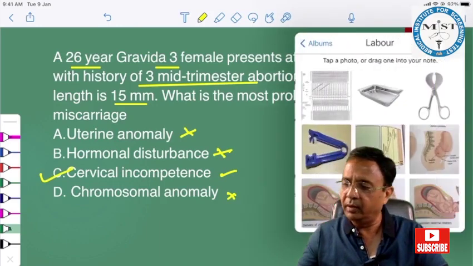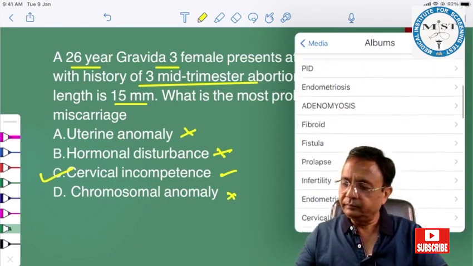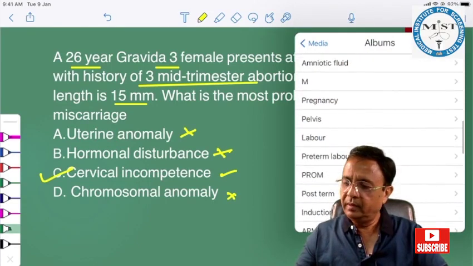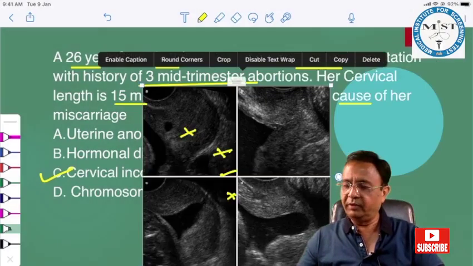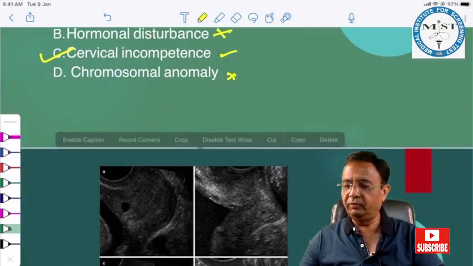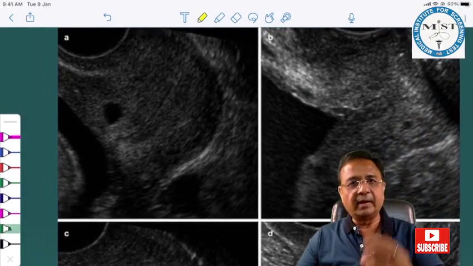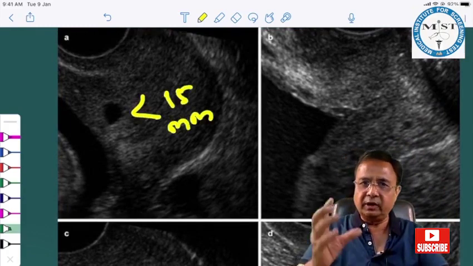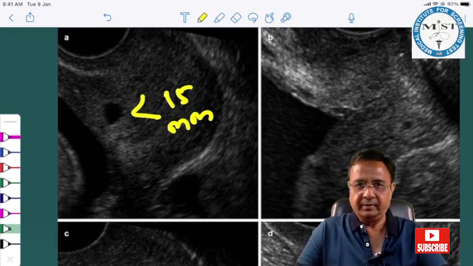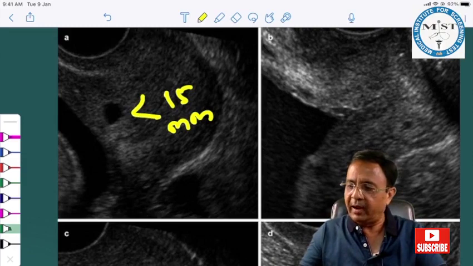Let's have a quick look at what happens. What happens when the cervix is short? If the cervix is short, how do things happen? Why do these abortions occur? If cervical length is less than 15 millimeter, as given in the option, the cervix will not be able to tolerate and withstand the weight of the fetus, and it starts